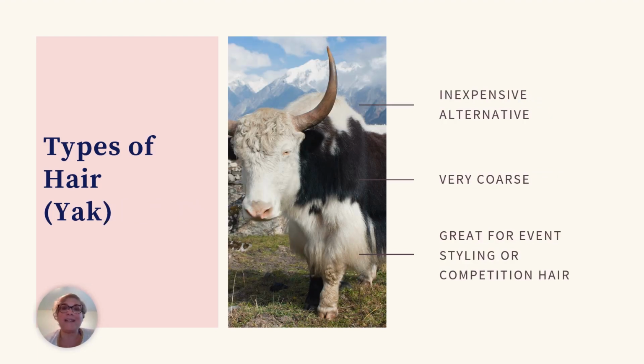The other thing that you might see is yak hair, or yaki. Okay, it is exactly what it sounds like. So I have a picture of an actual yak there because it is actually yak hair. The yak itself has this long hair that comes from its belly. You can kind of see it. That hair is actually taken and turned into extensions. It's super coarse, but it's very inexpensive, and so it can be great for things like special events or competition